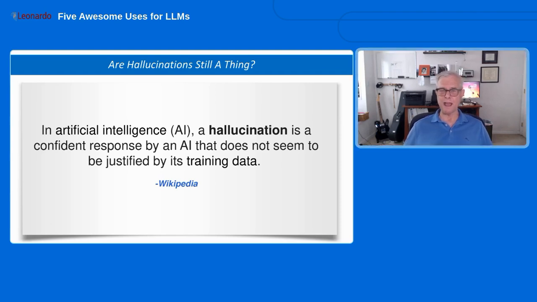So it's going to take 30 hours to dry 30 pieces. Well, we know that's not correct because that drying is taking place in parallel. It's not sequential drying. So that's the kind of hallucination or mistake that still exists.